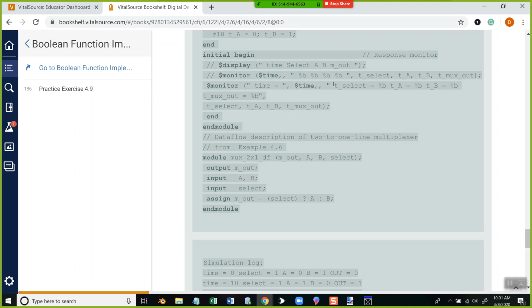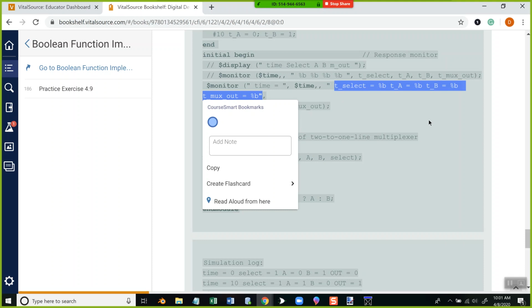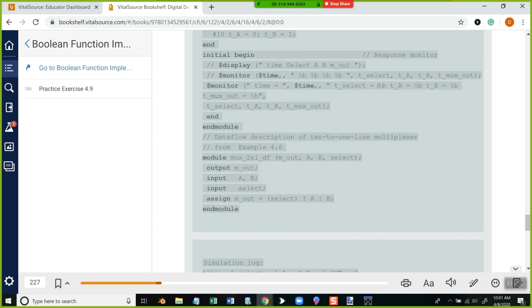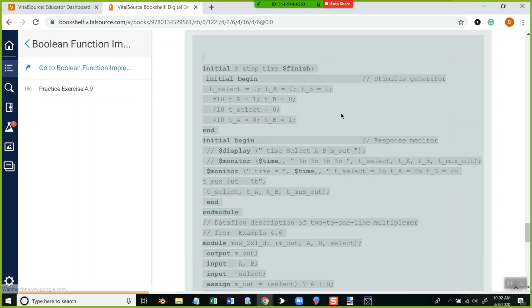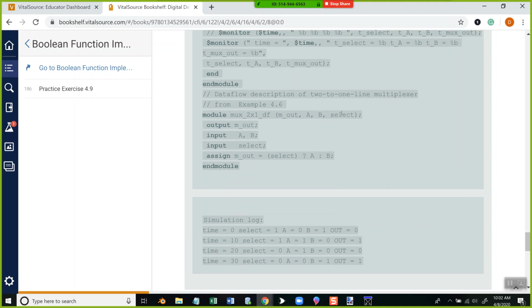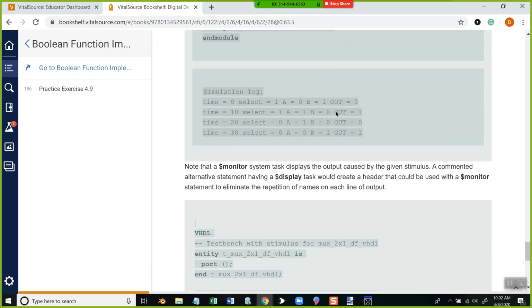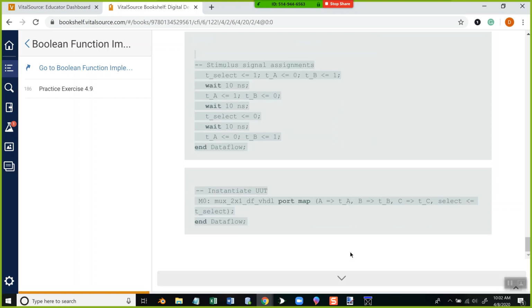Oh, here it is down here. Looked at the wrong line. So we've got A, B, t_select. It almost feels like it's in reverse order, or not quite reverse, but the select and the out are reversed. I don't know on that. It doesn't really explain how the connection's made. We're not going to be doing any of that, but